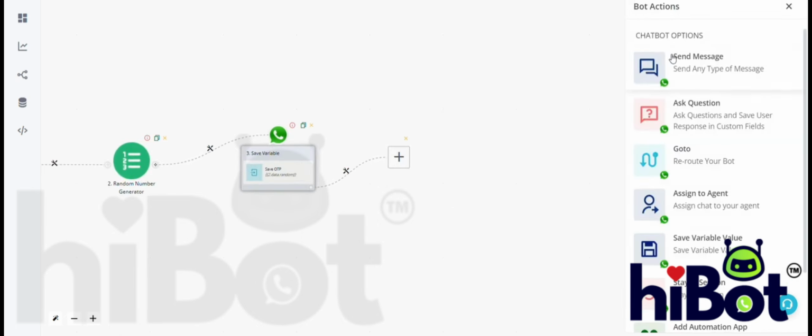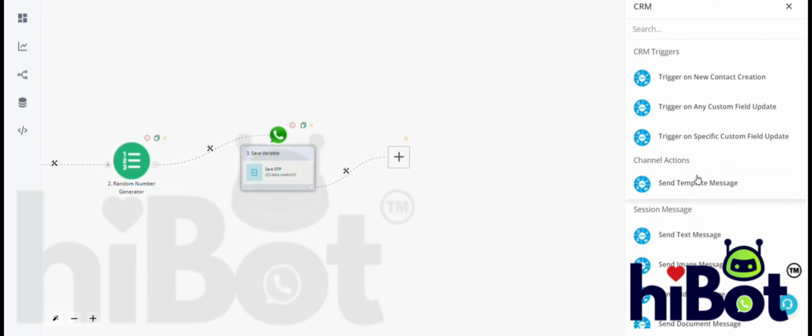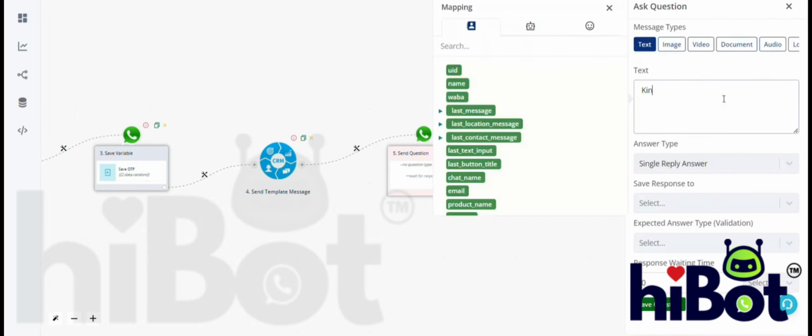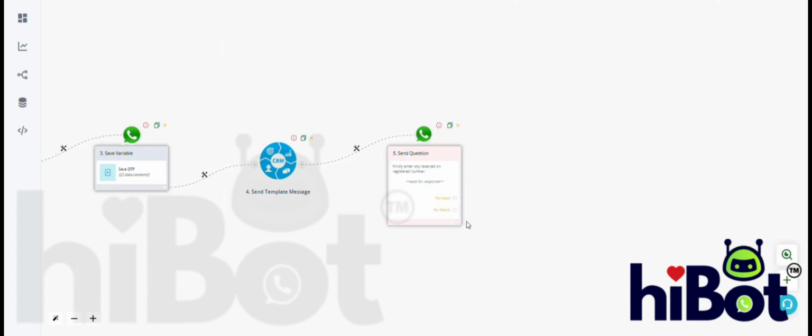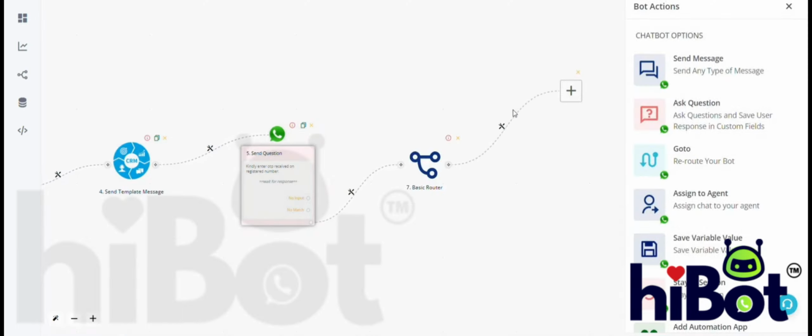Now we will send a template message to admin or the registered number we have, and in the next step we can ask the user to enter OTP. So as soon as the user enters OTP, we can set up a filter here and check if the OTP